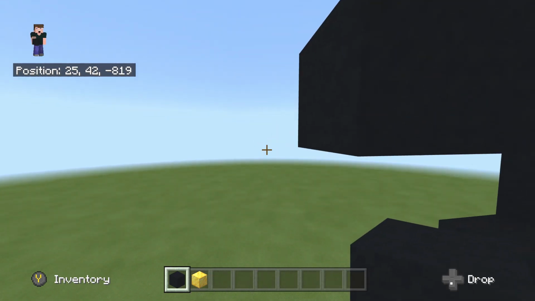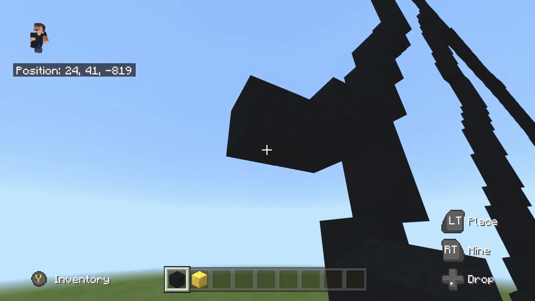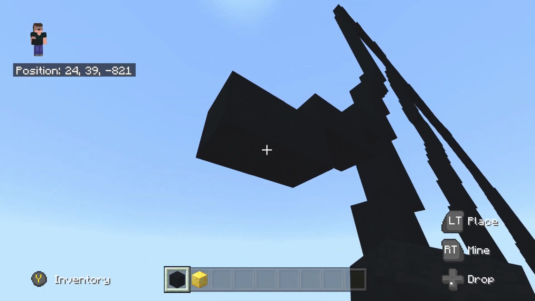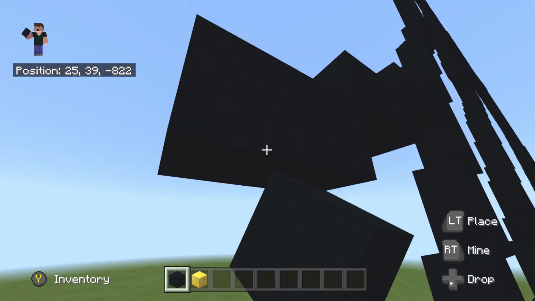And I'm just going to fly back in. Now once you've flown back in, you've done these two right here. We're going to do another bottom left diagonal from here, and we're going to place one going to the left, just like so. Then we're going to do another bottom left diagonal. And from this bottom left diagonal, we're going to place one to the left,